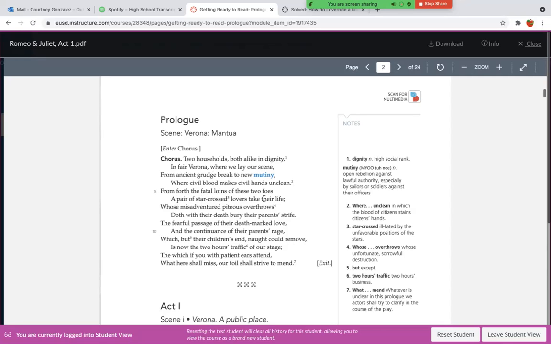people who fall completely in love and end up committing suicide, whose misadventured piteous overthrows doth with their death bury their parents' strife, meaning that because the two of them end up killing themselves or dying, it ends up ending this lifelong battle between the two families. The fearful passage of their death-marked love and the continuance of their parents' rage, which but their children